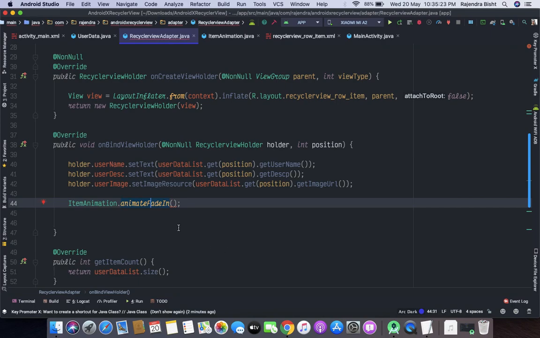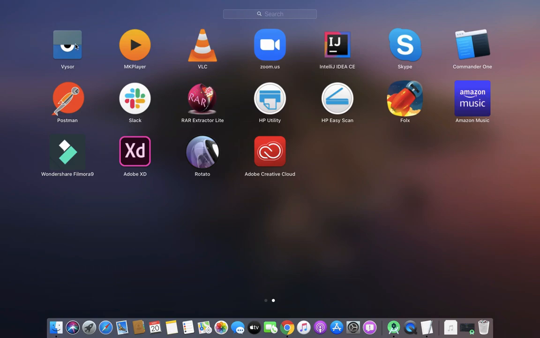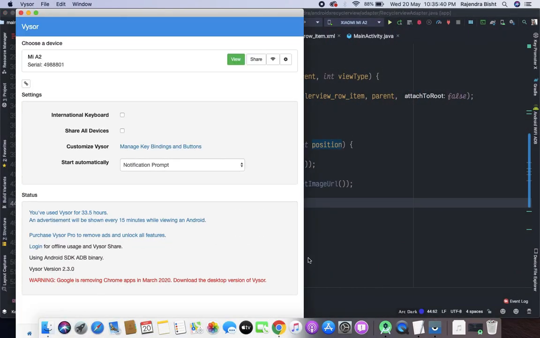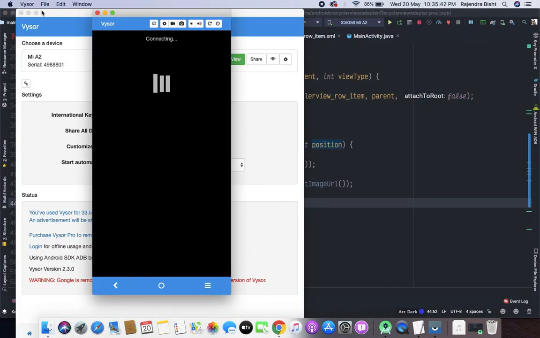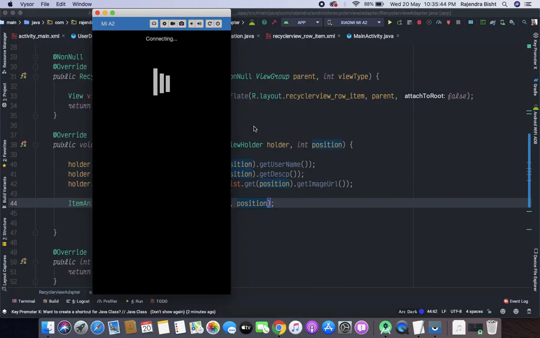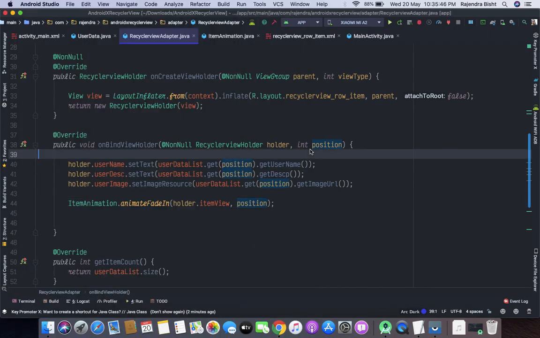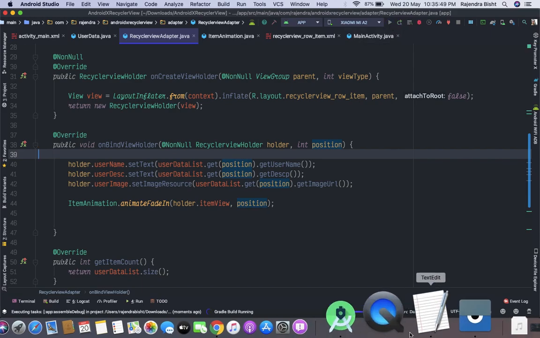So here view will be holder dot item view and position will be position. So let's run it. Okay, I am going to run it.